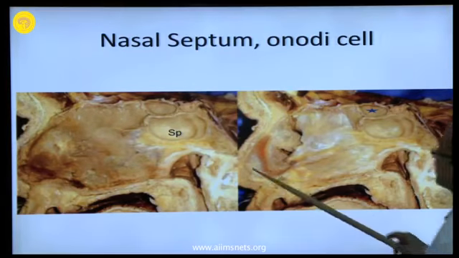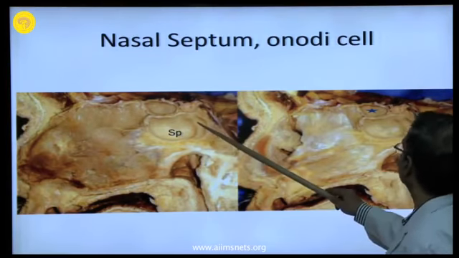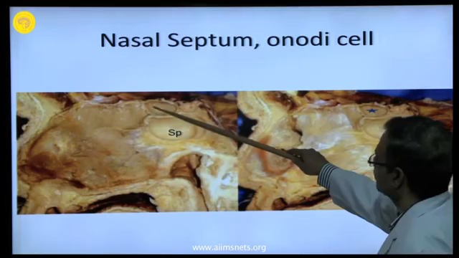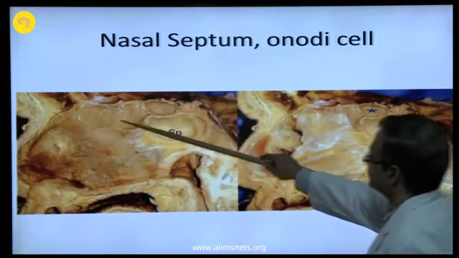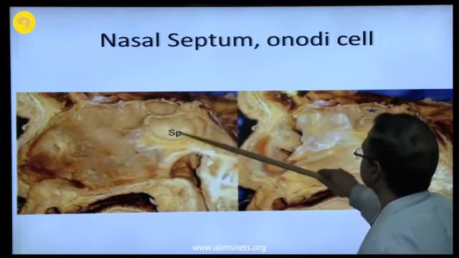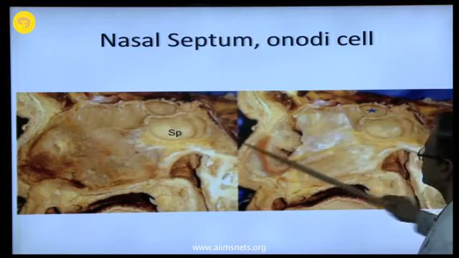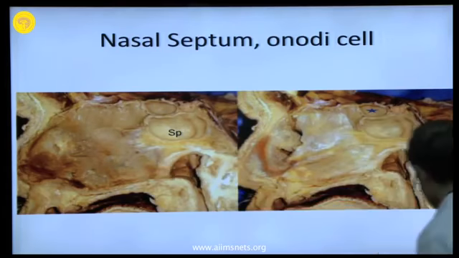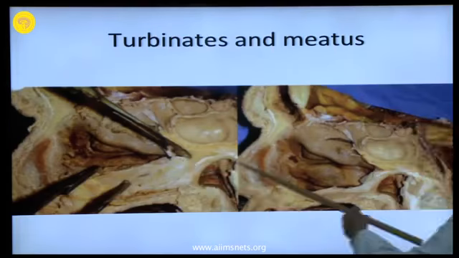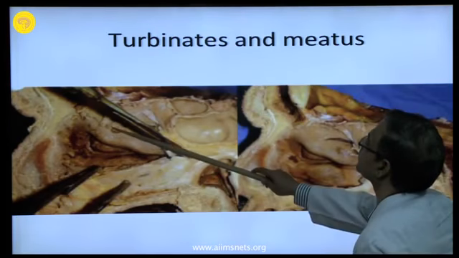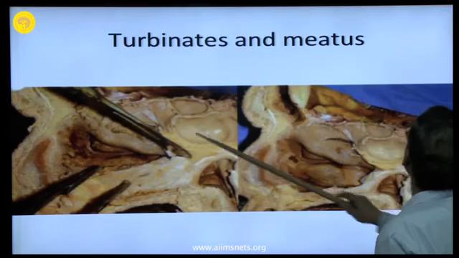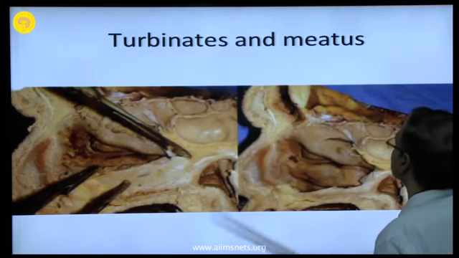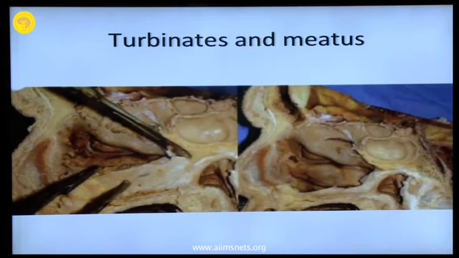Sometimes you can encounter overlapping sphenoidal air sinus. One sinus may come above the other sinus. Nasal septum, and different stages of dissection in the same specimen, to dissect the lateral wall of the nasal cavity. So slowly we are dissecting it. This is the bulla, and you can see the air sinuses. So I'll show you some of the portions of the nasal cavity and the sphenoidal air sinus in our specimens.